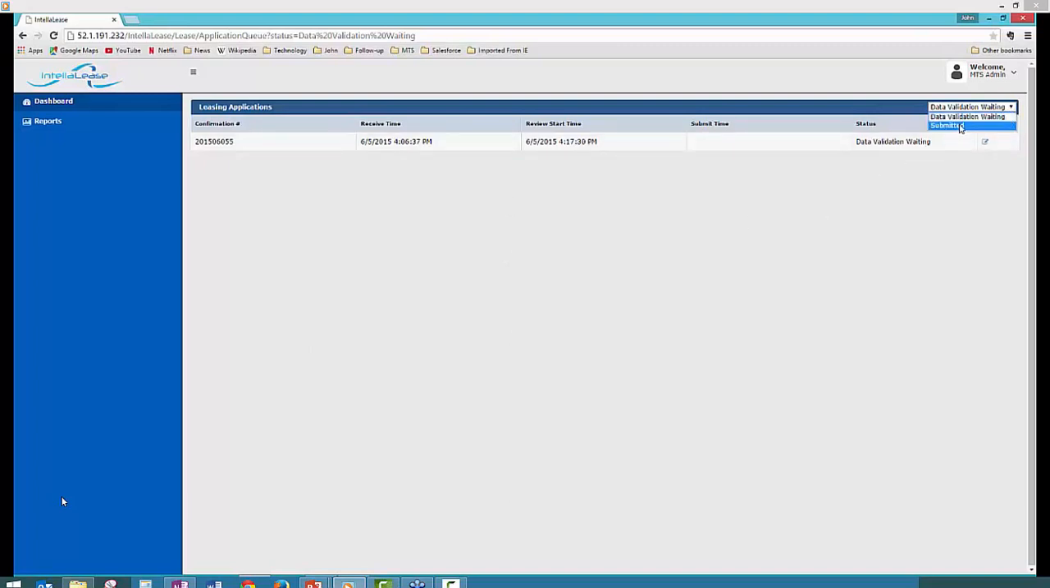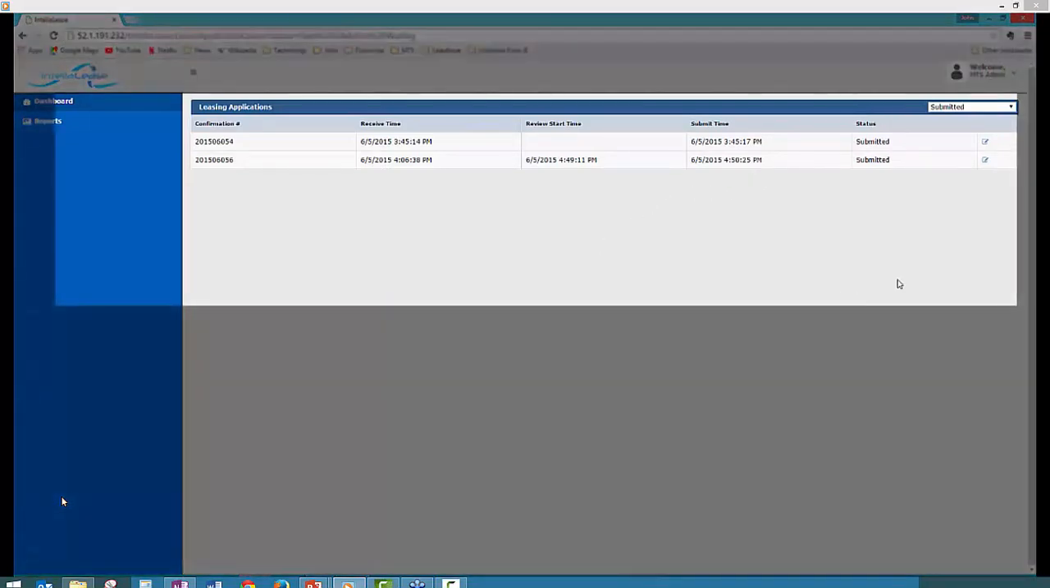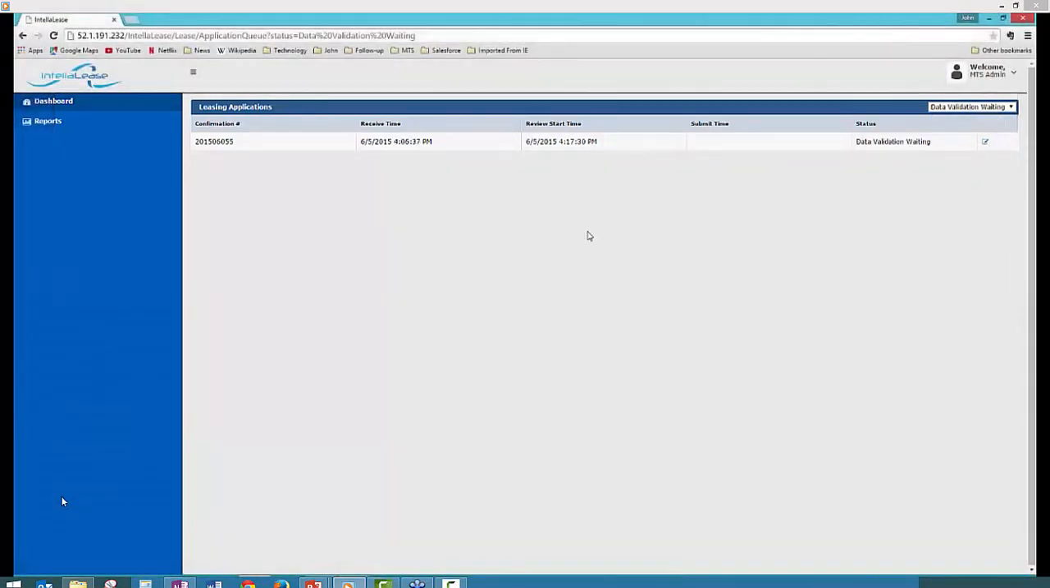So we're back in that data validation queue versus submission queue. You can see here that we reviewed that last application and can measure all the different milestones of when it was received, when it was reviewed, when it was submitted, and aggregate that in reporting, which we'll take a quick look at here in a couple of minutes. So let's look at this third use case